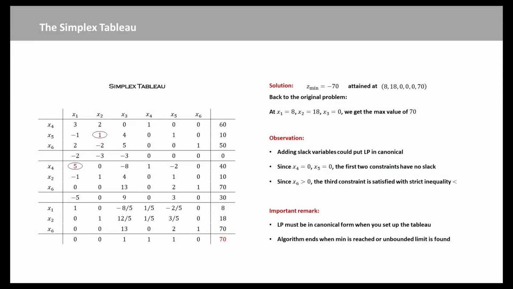Now let's use the simplex tableau. The first part of the tableau is exactly the previous canonical form. In the objective function, I need to check if any of the coefficients are negative, and I find that all of them are negative. So I need to choose the one that is the most negative. I see these negative 3's are the same, so I just have to make a decision. It doesn't matter which one you pick. Let's say I pick x2. Then I will look at this column and pivot.